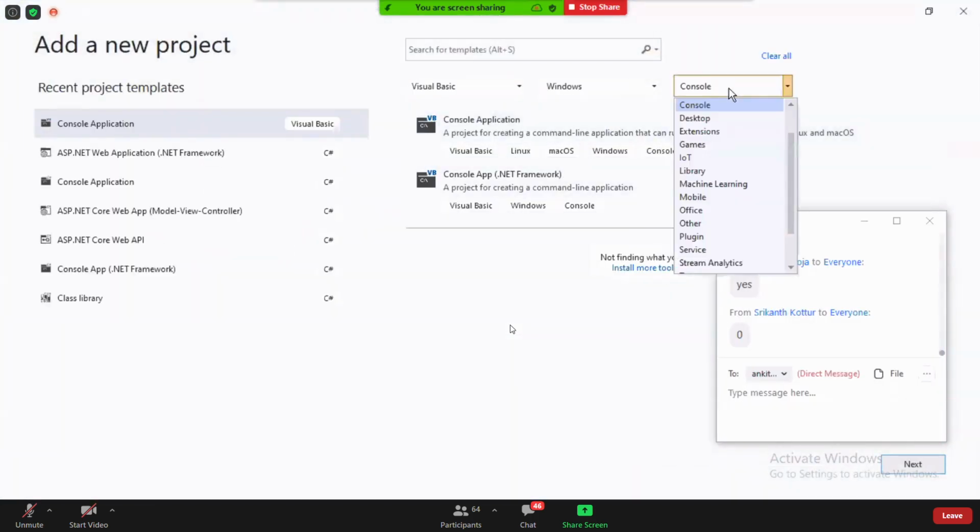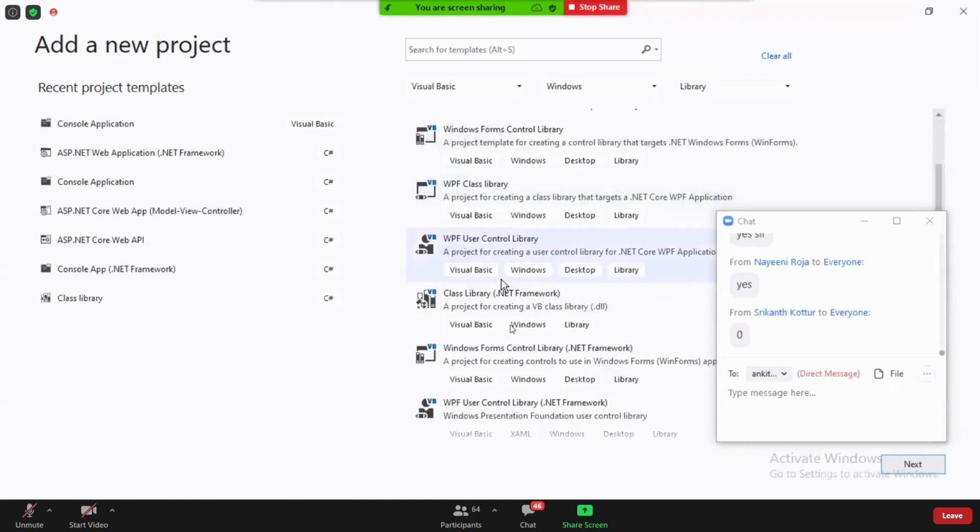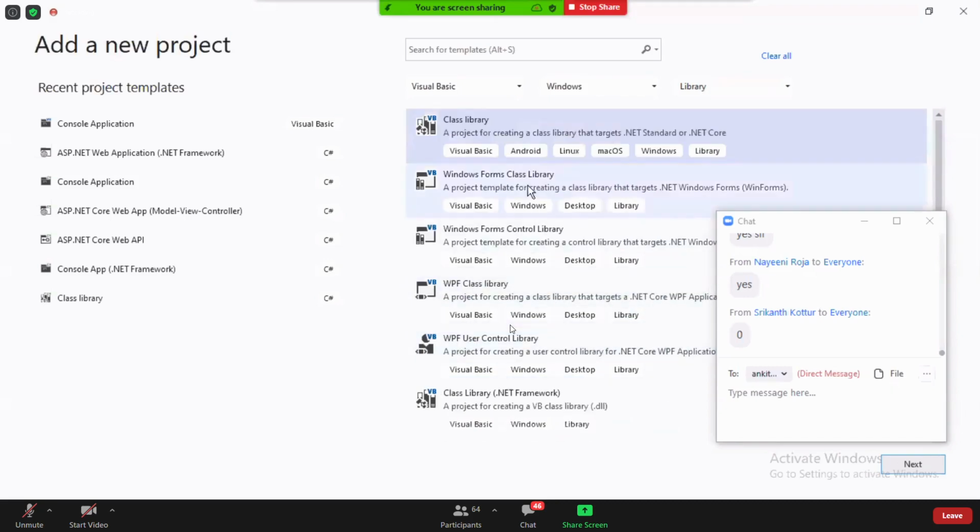What type of project here? Select library, and up here you'll find Class Library. This is the project I'm going to add. As I already said, a class library's extension will be .dll.